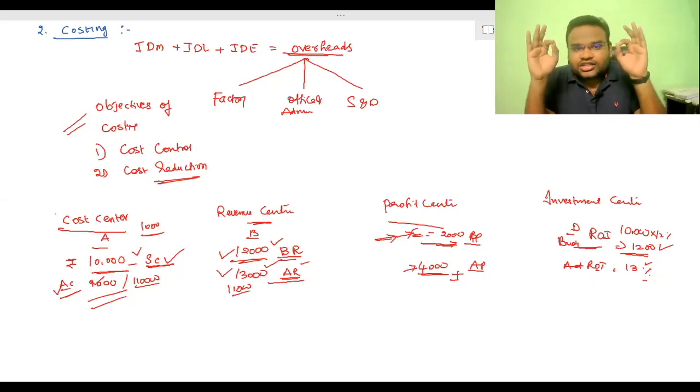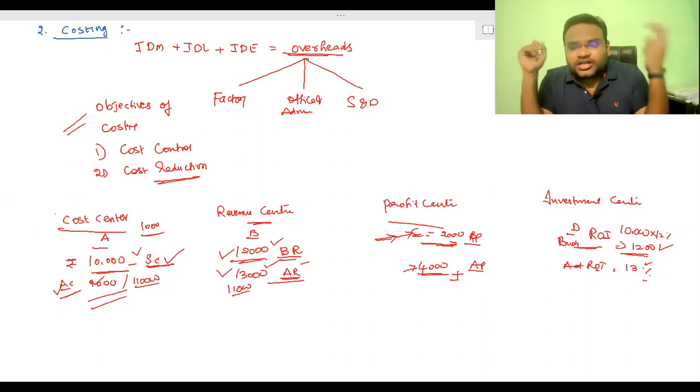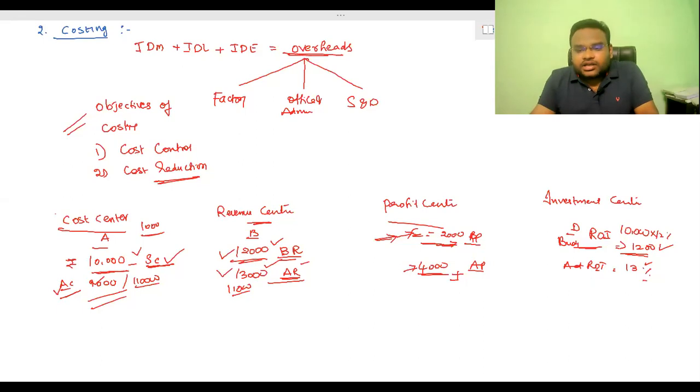So what I'm telling you here is how we are defining cost center. It can be a location, that is a retail outlet, or it can be a person. Maybe you may not be aware of listing agreements. What are listed companies? For listed companies, whatever amount we pay to directors, we need to disclose individually. Now I'll keep one cost center for one person, for the CMD, director finance, director marketing, whatever it is. So it can be a person,